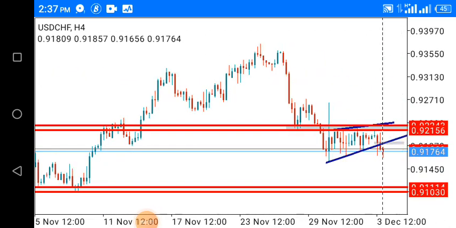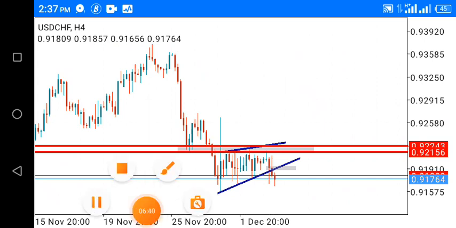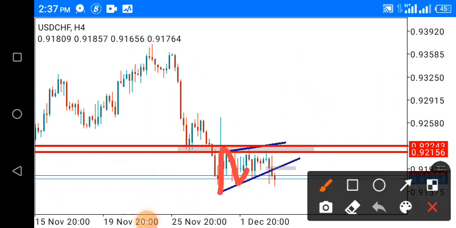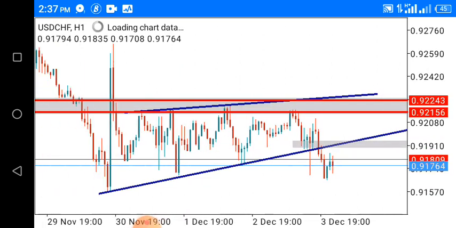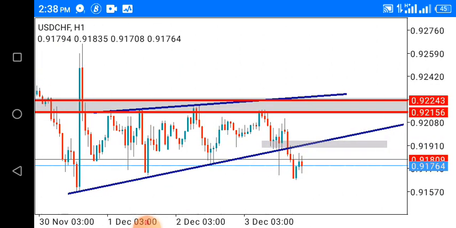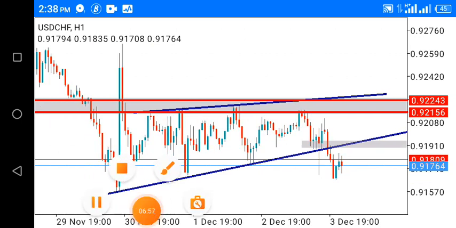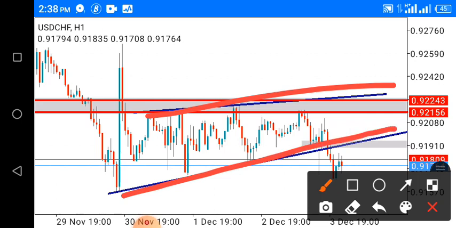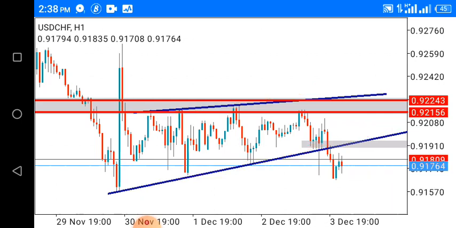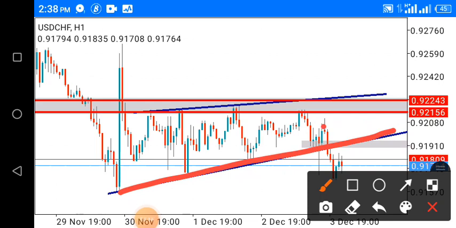Okay, so now that level is very valid for me to sell, and that's why you see when price came in here, it's consolidating, making a kind of pattern that will break down. So I now go to my 1 hour time frame. What I basically look for is a chart pattern around this area. Remember when I saw this ascending type pattern, it gave me that confidence that price will continue to the downside. And now price has broken that level. Price has broken this trend line here. You can see price broke it here.